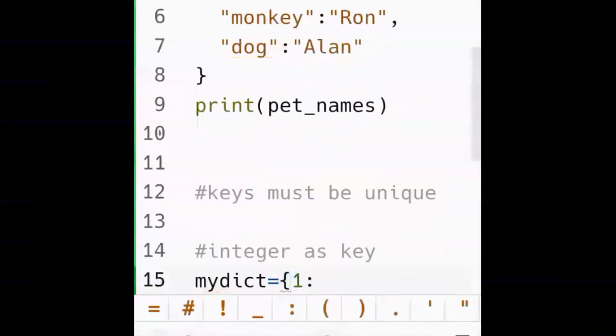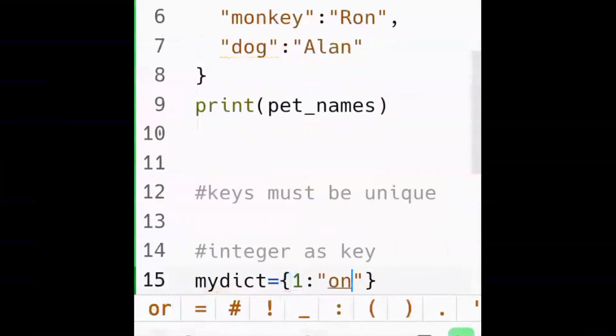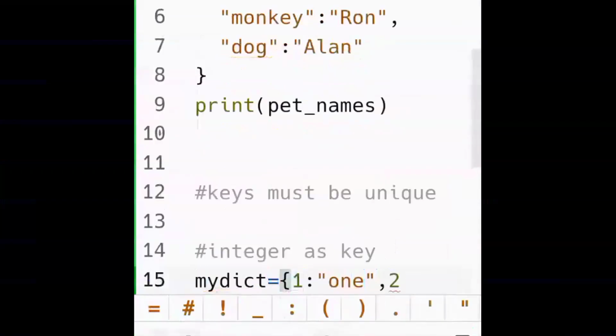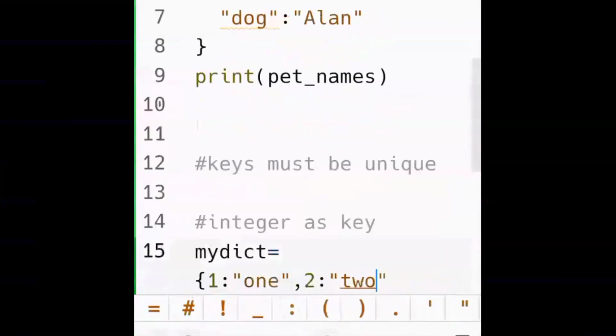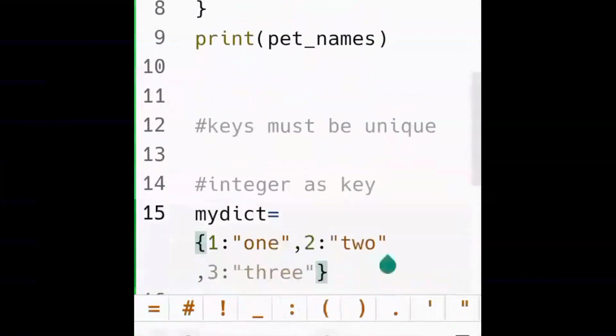Let's say for example, this is a key value pair, right? So one is the key. The one written as an integer is a key here, colon. One as a string, that's the value. Now I've written one, it could be something else also, just to tell you. So 1, 1, 2, 2, 3, 3, 4, 4, whatever you want to write. This is just a basic example to show key as an integer with a value each. So 1, 1 and then 2, 2. So this is possible. If you print it out, you will get it in the same dictionary format.